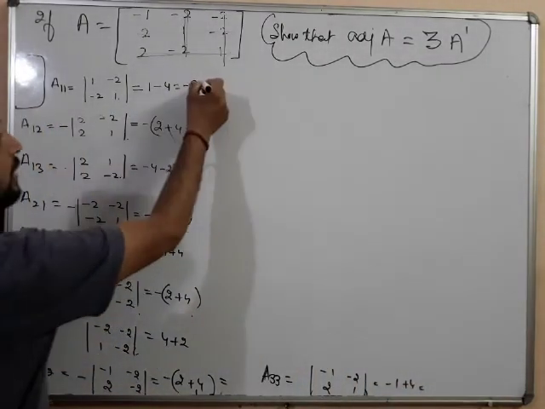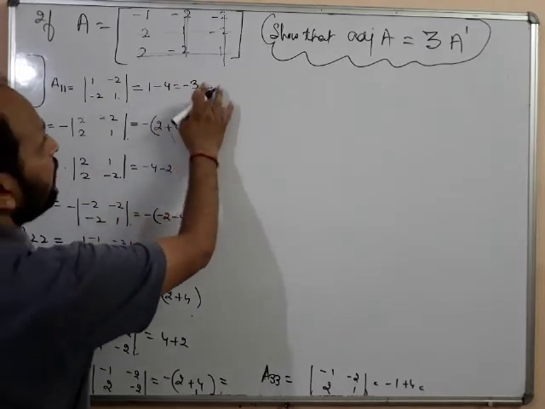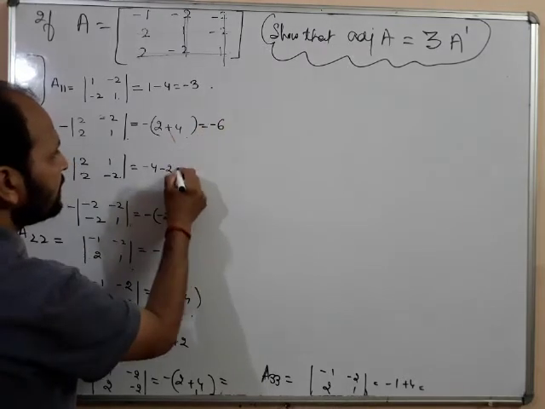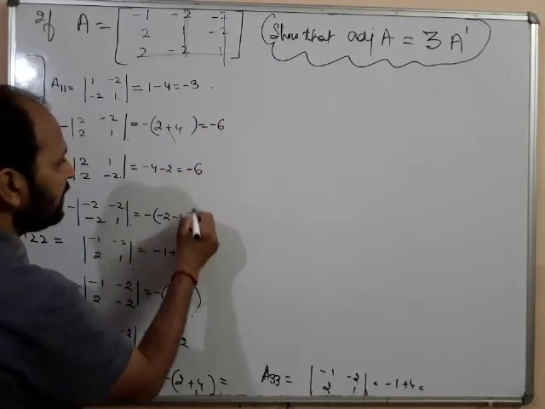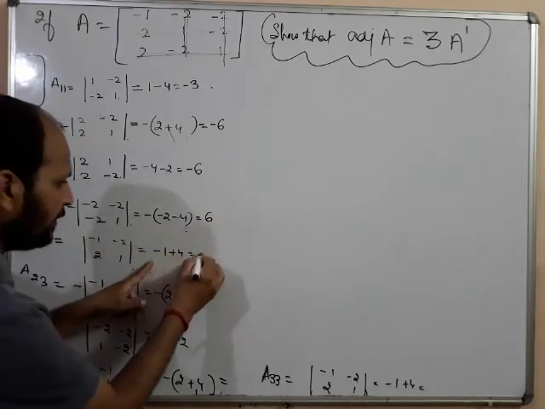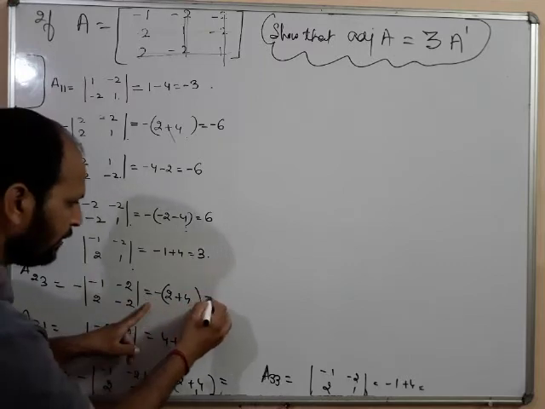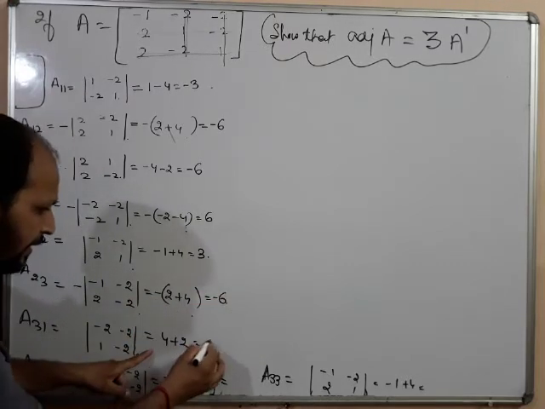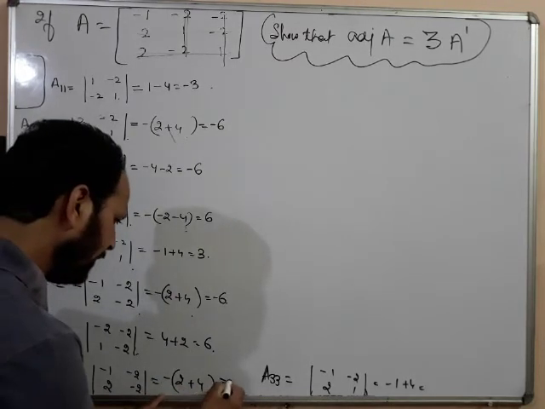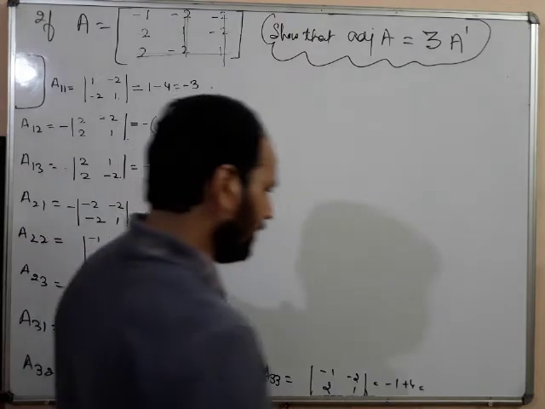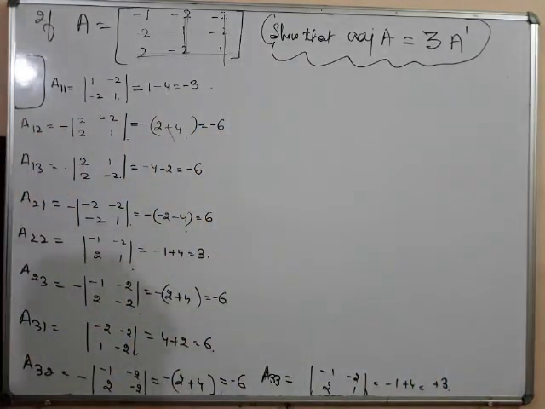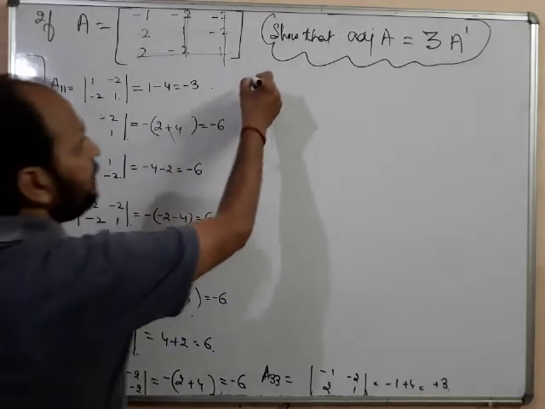Clear? Solving this, I will get here only minus 3. Here I will get minus 6. Here minus 6. Here plus 6. Here 3, here minus 6, here 6. Here I will get minus 6 and here I will get plus 3. Clear? Now adjoint